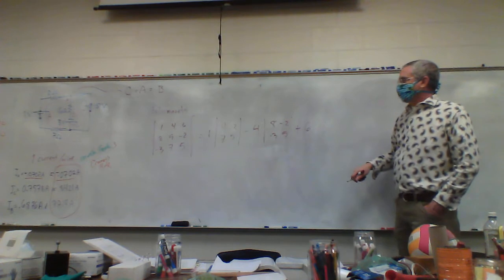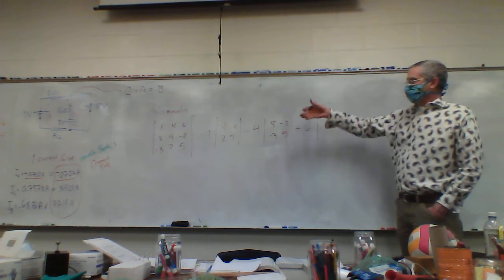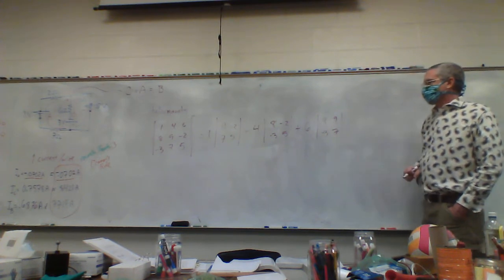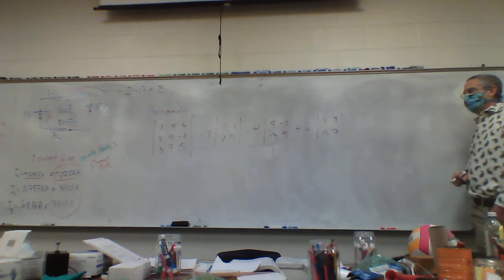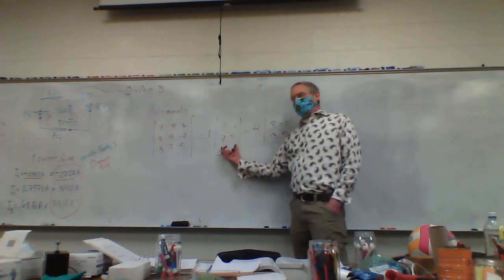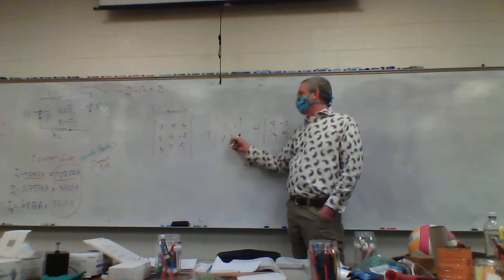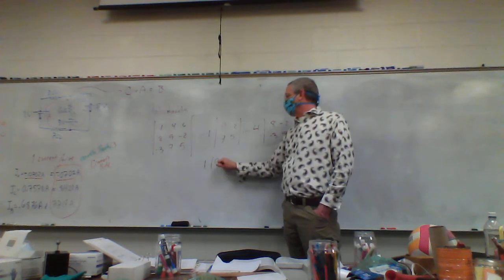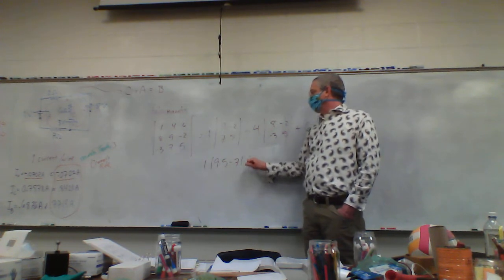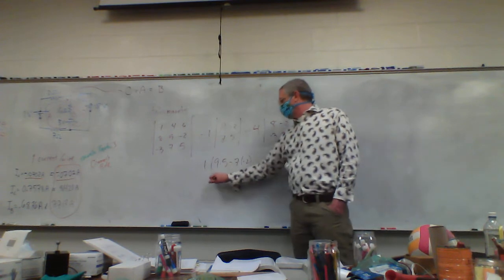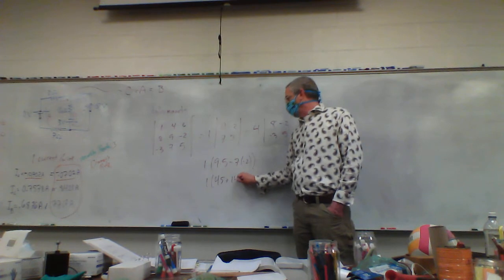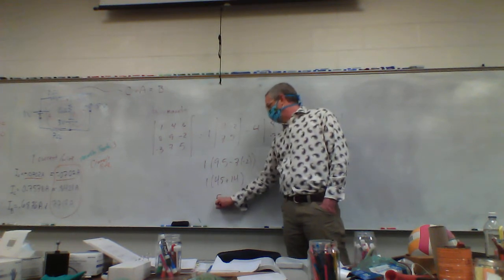Plus 6, because again, alternating signs, and then block out that row and column, and I'm left with 8, 9, negative 3, 7. And now I'm back to the 2 by 2, which ultimately ends up being 9 times 5, so this is 1 times 9 times 5, minus 7 times negative 2, which is 1 times 45 plus 14, or 59,